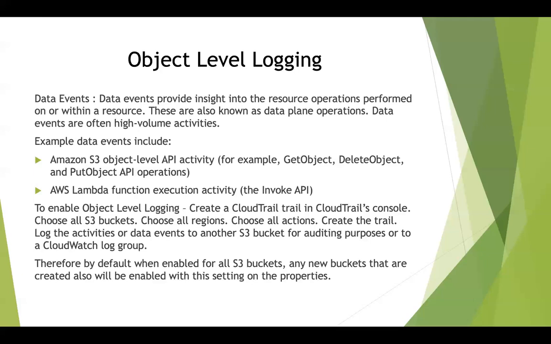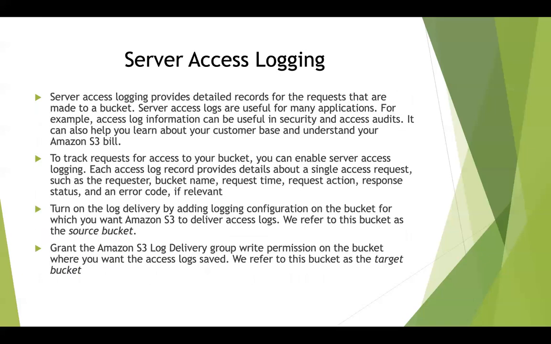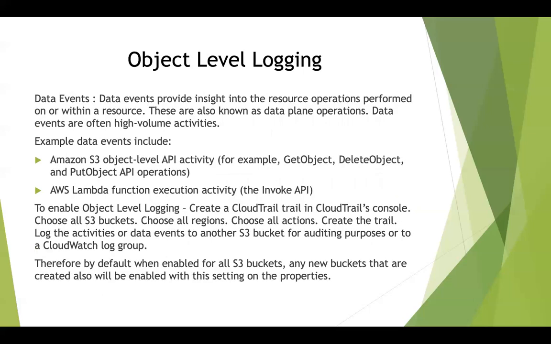Okay. And when it comes to server access logging, it gives you information about who accessed that particular bucket, what the bucket name was, what the request time was, what the request action was, and what the response code was. But over here, you will also be able to find granular level details, such as that person's IP address and the resource that he was trying to access. Okay, so literally any API activity in your entire AWS account can be monitored using CloudTrail.